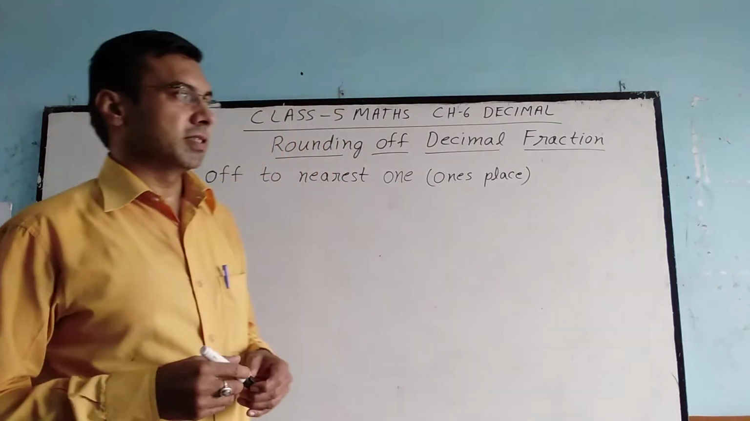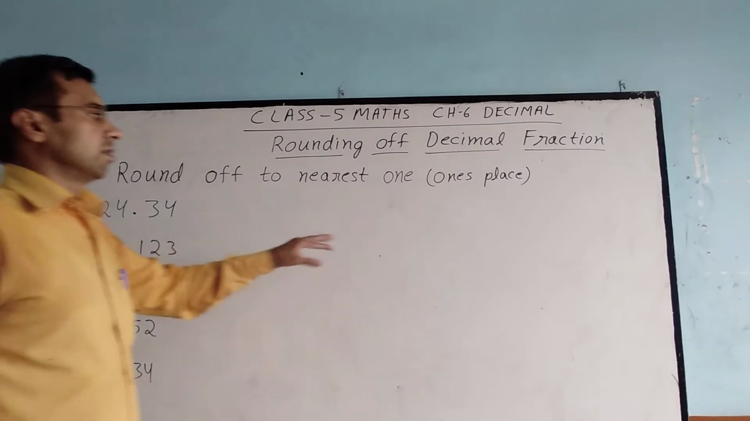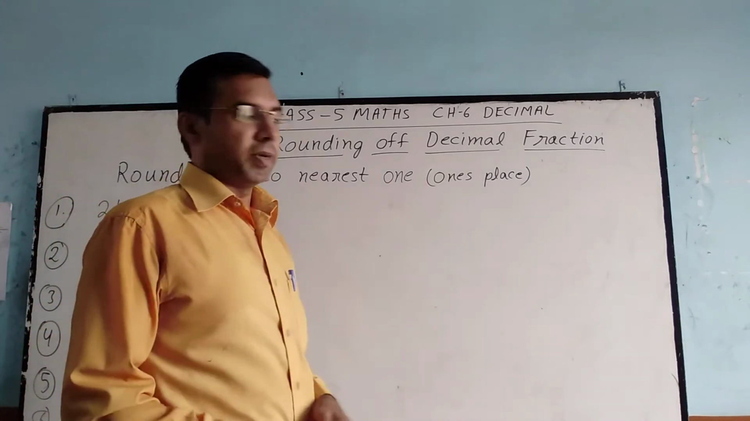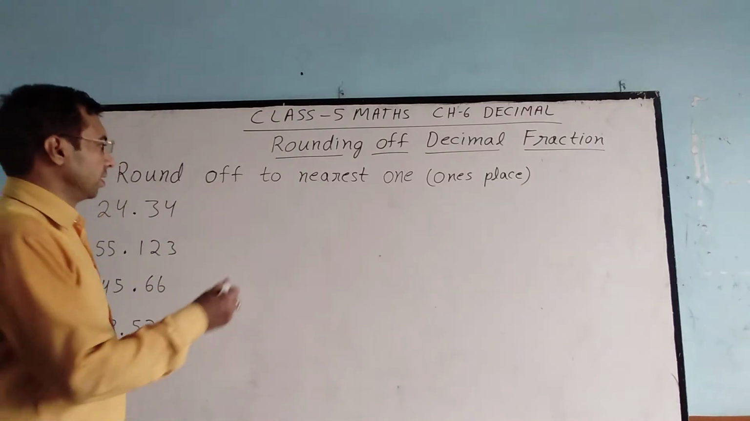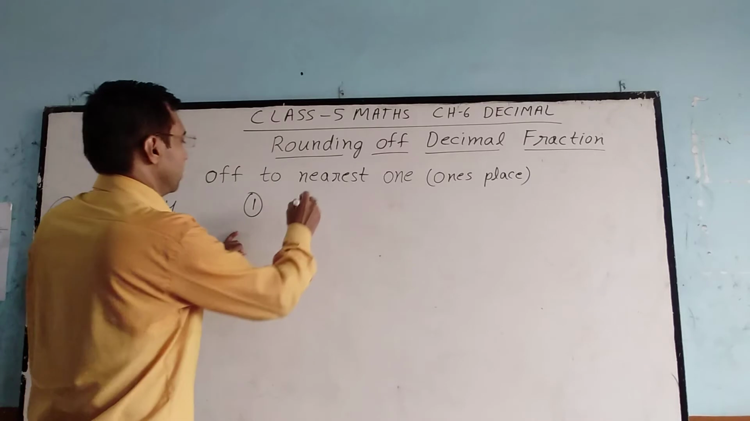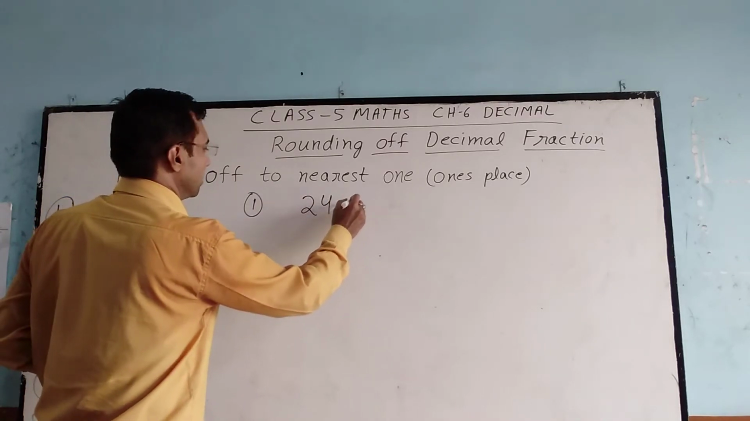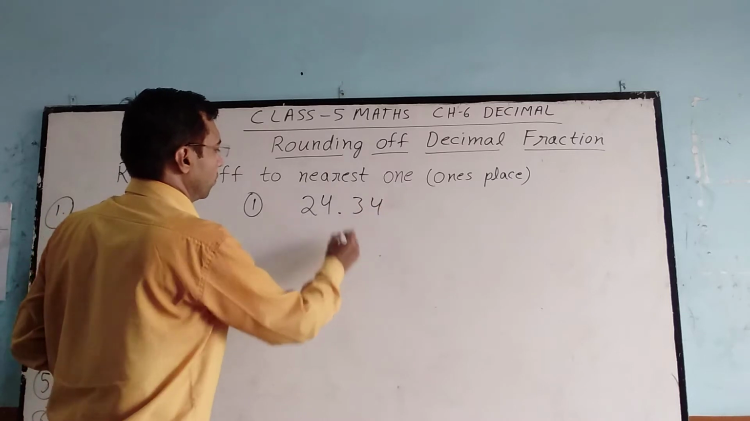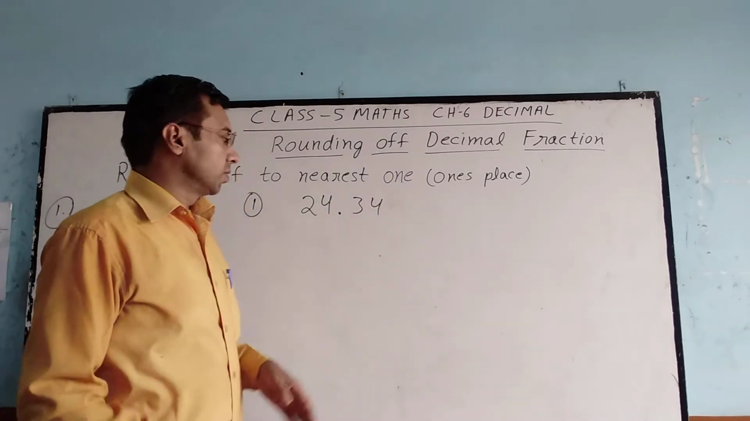So students, let us start. Round off to the nearest 1. Nearest 1 means ones place. Here I have written a few questions, and you will understand all of them. Question 1: 24.34. Students,